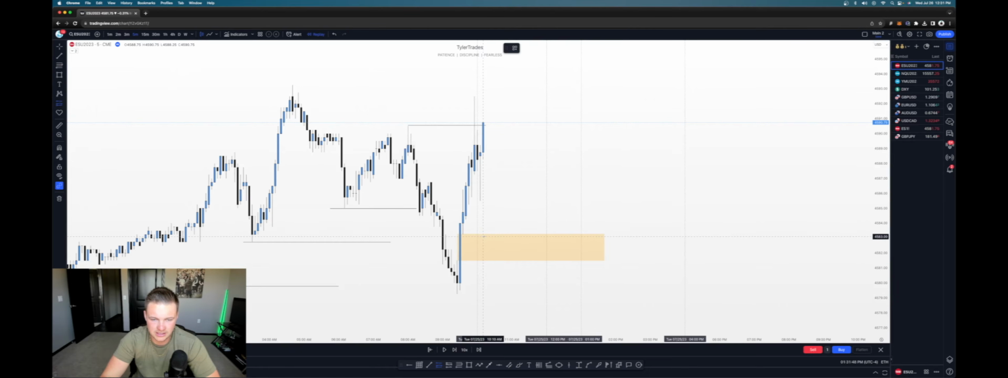I would do 1 tick into the fair value gap. You can enter right at the beginning of the gap. I like to do just 1 tick because that's my way of confirming that we did actually mitigate that fair value gap by tapping into it. And I prefer to